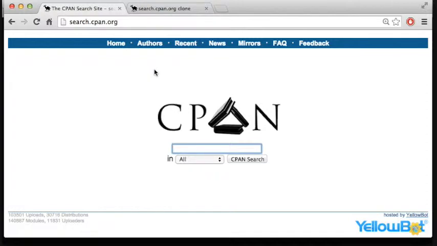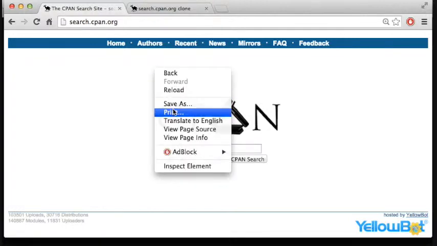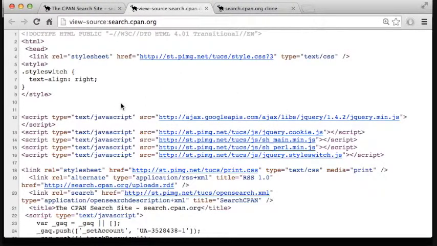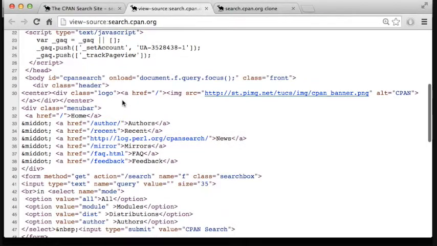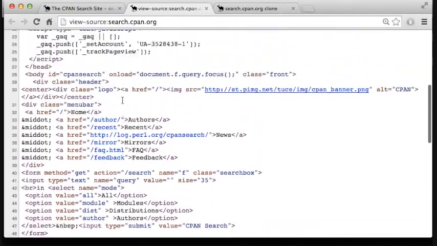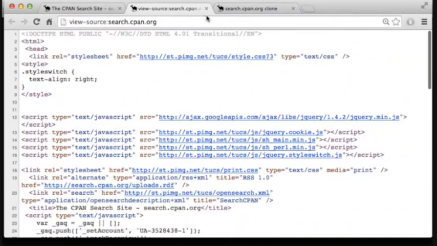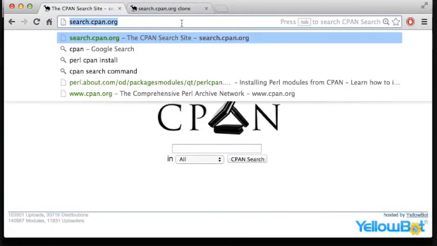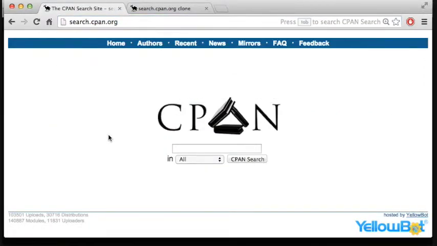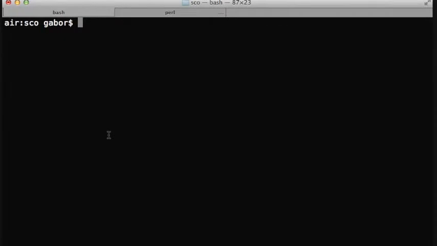There are lots of pages, of course, in CPAN, but we would like to start with the main page. The first thing we can do is basically two ways. Either we can just click on view source and look at this source and then try to copy paste from here. That would be one way, or the other way is taking the URL and switching over to the console, and then with wget or curl